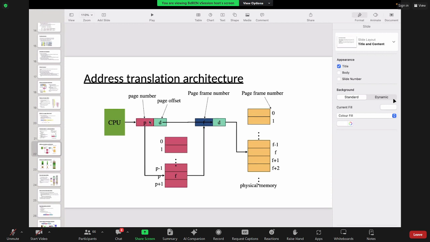So if you see here, whatever this page number is pointing to in the page table, we'll go there. Then whatever data is in that page table, we'll take that data. This is the base address. Now again, base and limit, just remember these things. We have picked the base address. Now there is an offset.